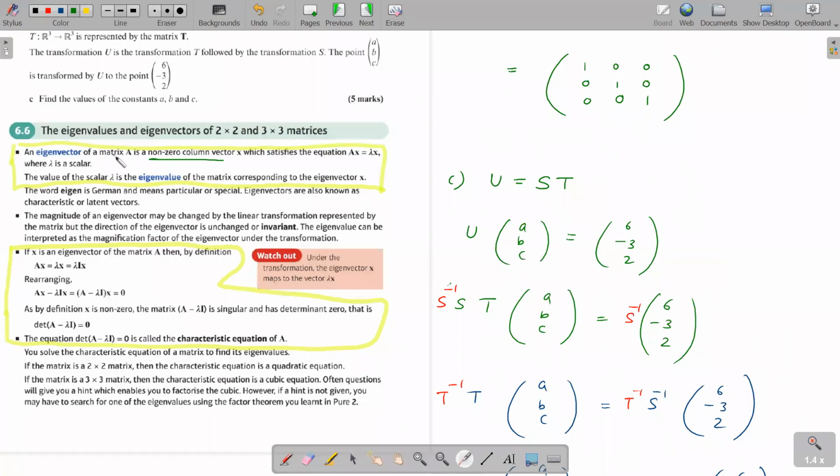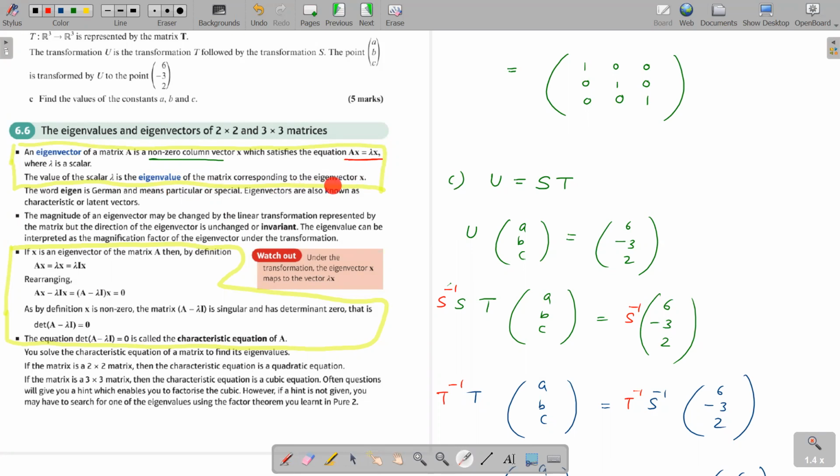Okay, so then we'll move now to the last part of the lesson, eigenvalues and eigenvectors of 2 by 2 and 3 by 3 matrices. An eigenvector of a matrix A is a non-zero column vector X which satisfies the equation Ax equals lambda X, where lambda is a scalar. These are the main equations that we use in this lesson. Ax equals lambda X. The scalar lambda is the eigenvalue of the matrix corresponding to